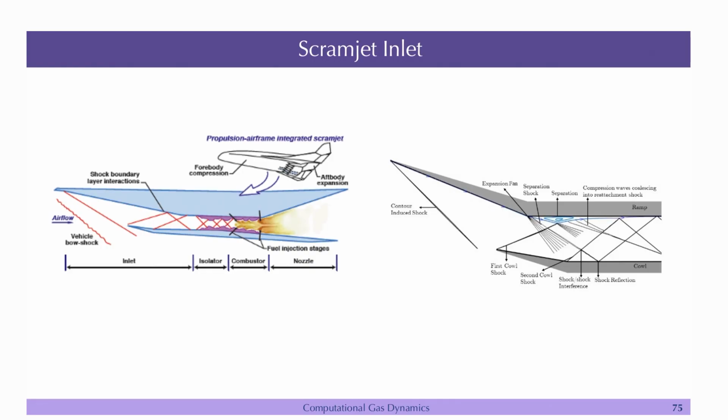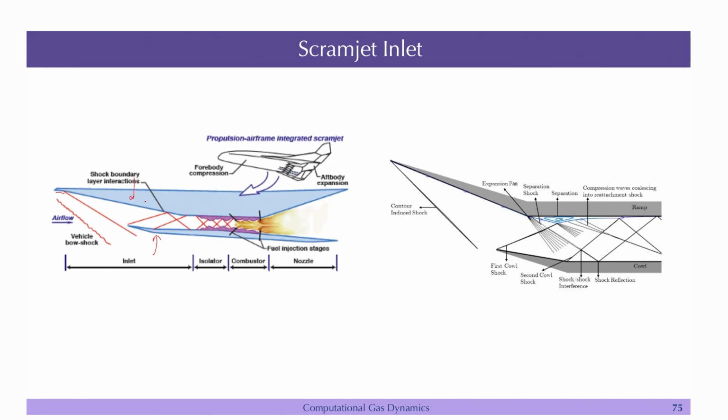Okay. Yeah, the next is the scramjet inlet. So, if you want to, let us say, simulate this scramjet inlet, here also this is my ramp side, on the top is the ramp side, okay, and the bottom is the cowl side, okay, and because of the successive compression due to the ramps, as you know that in the